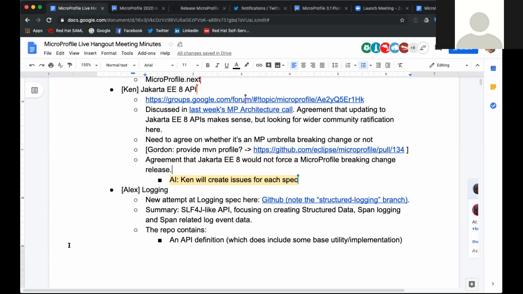I think maybe some kind of investigation can be done to see how quickly we can introduce a parent POM, to see how much effort needs to be done.